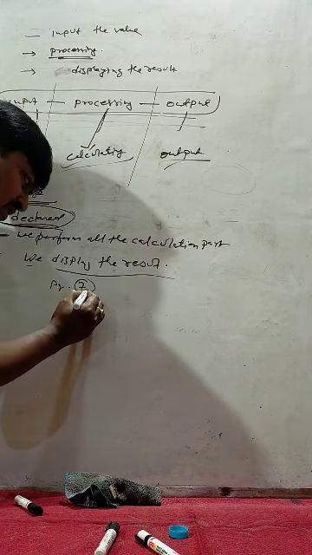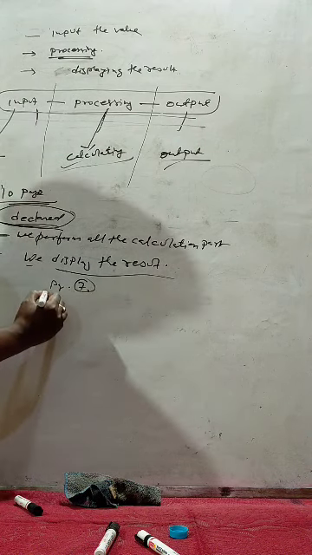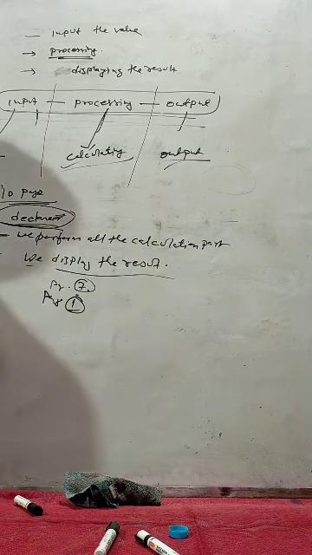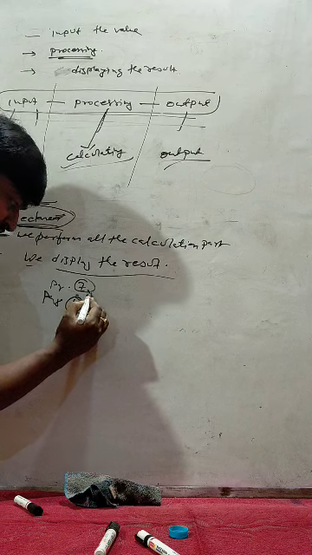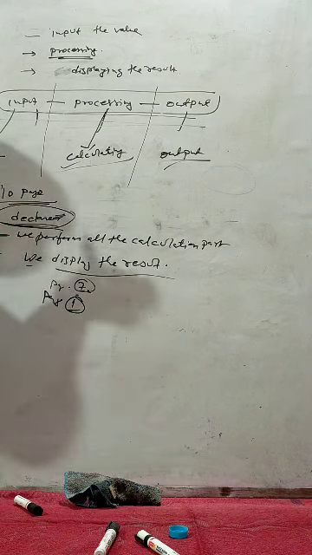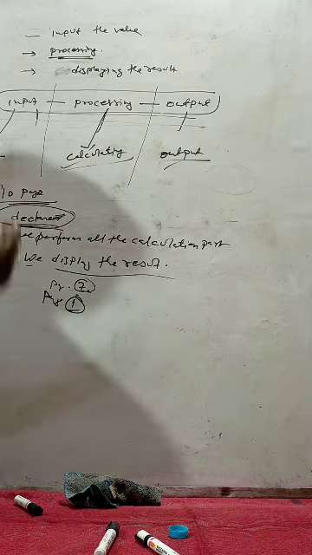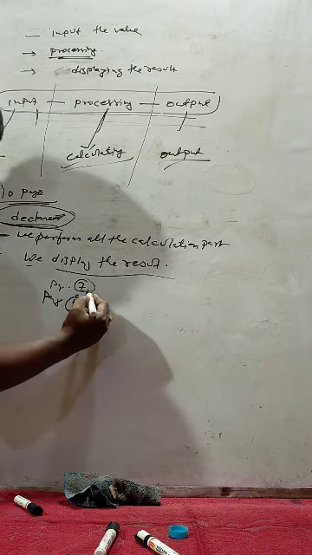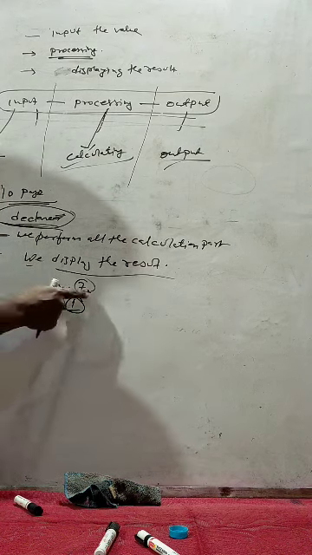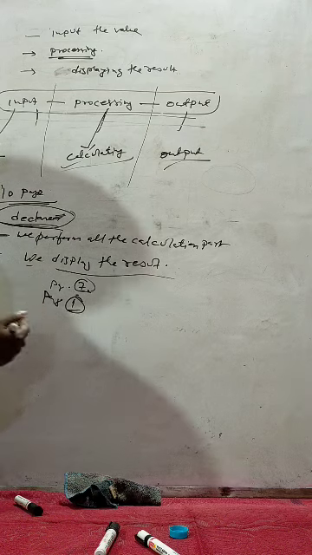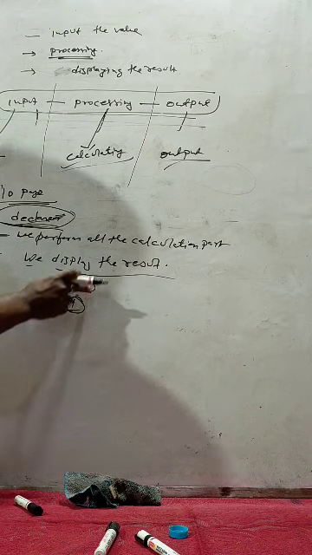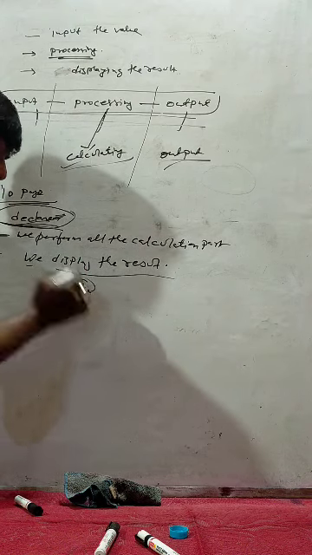And this error is related to page number 1. That means a declaration part. I found an error in page number 7 and this error is related to page number 1, that is in the declaration section. Then what we have to do? Again I go back to page number 1. I rectify that error. Again I will come back to page number 7 and again rectify that related error.